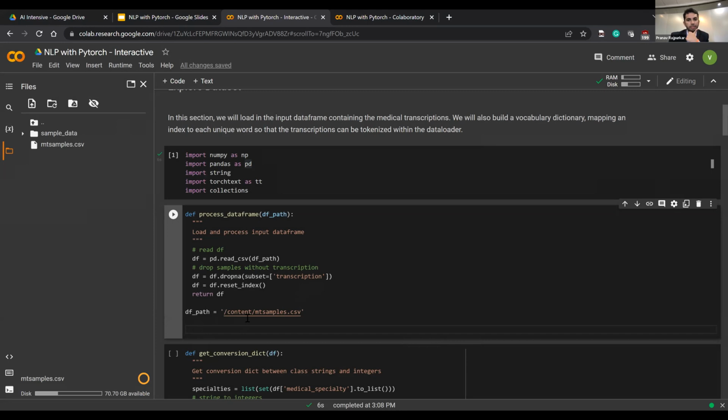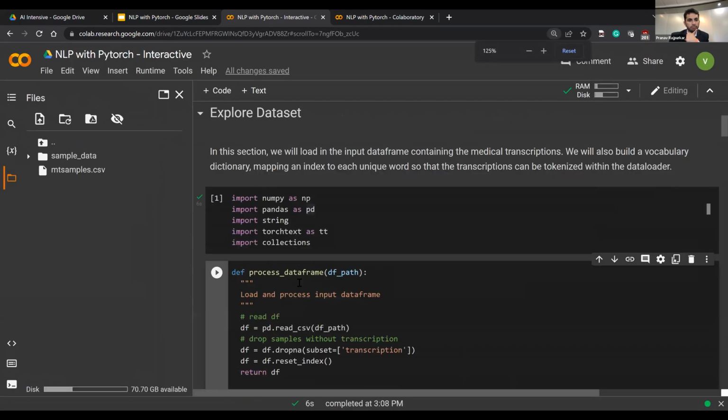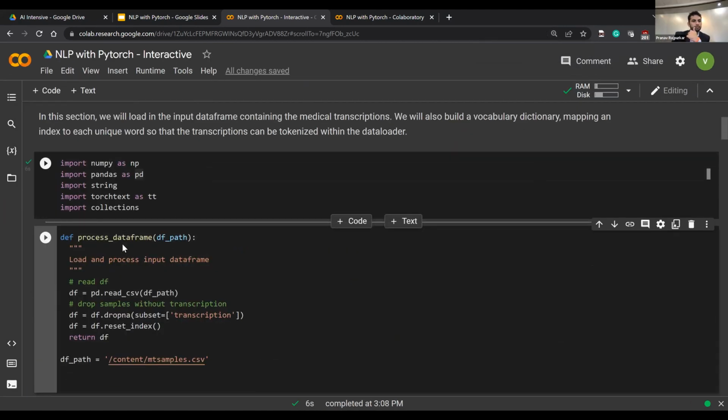Vish, are you able to increase the font size? Is this better? Yes, thanks. Okay, so